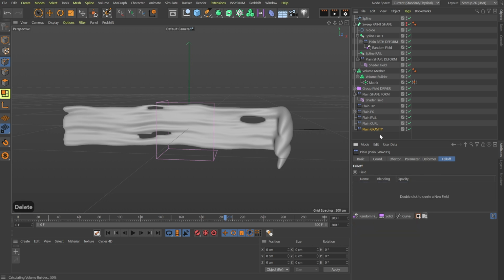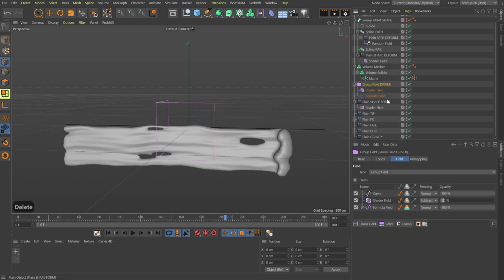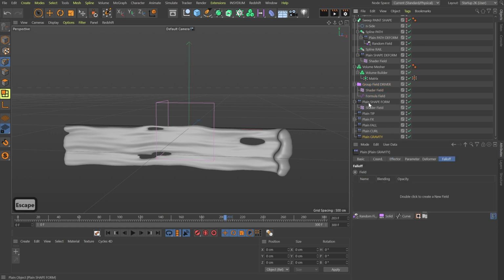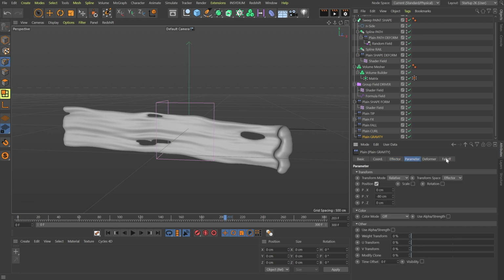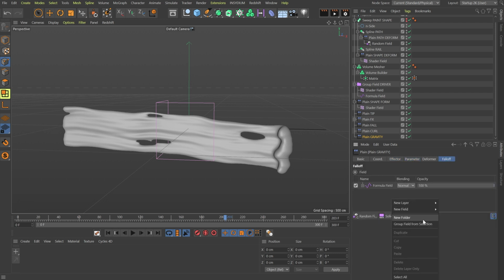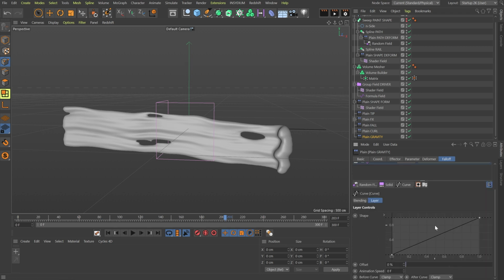Let me delete everything and drop formula field in a fall offsetting. Let me create a curve here, reset it to linear. I would like to flip it vertical,